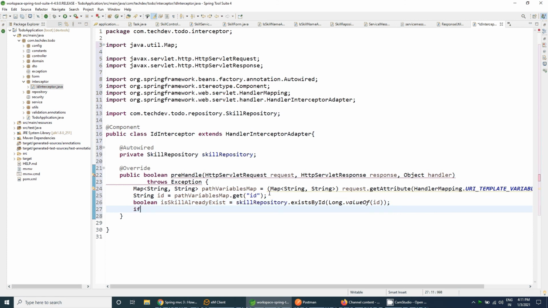If we check whether the skill already exists, it will return true or it will return false.